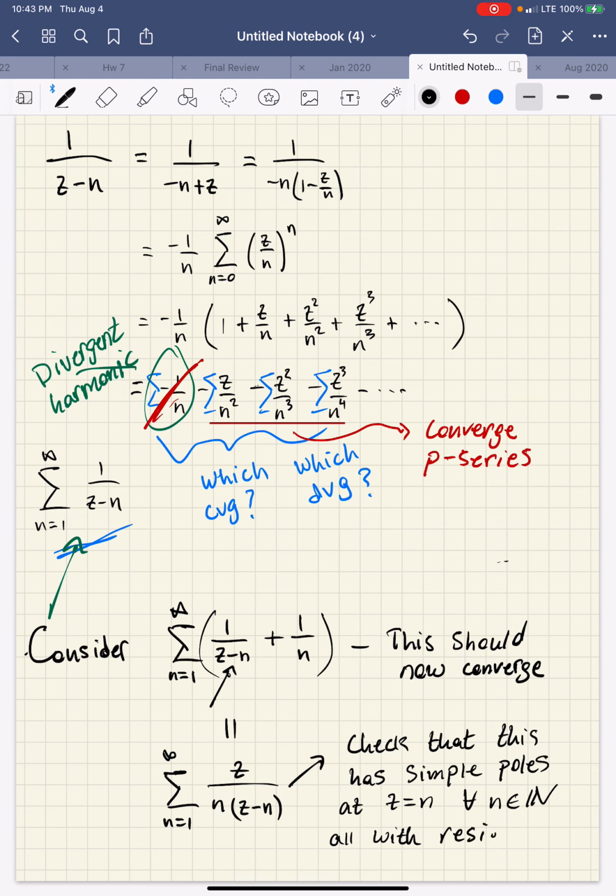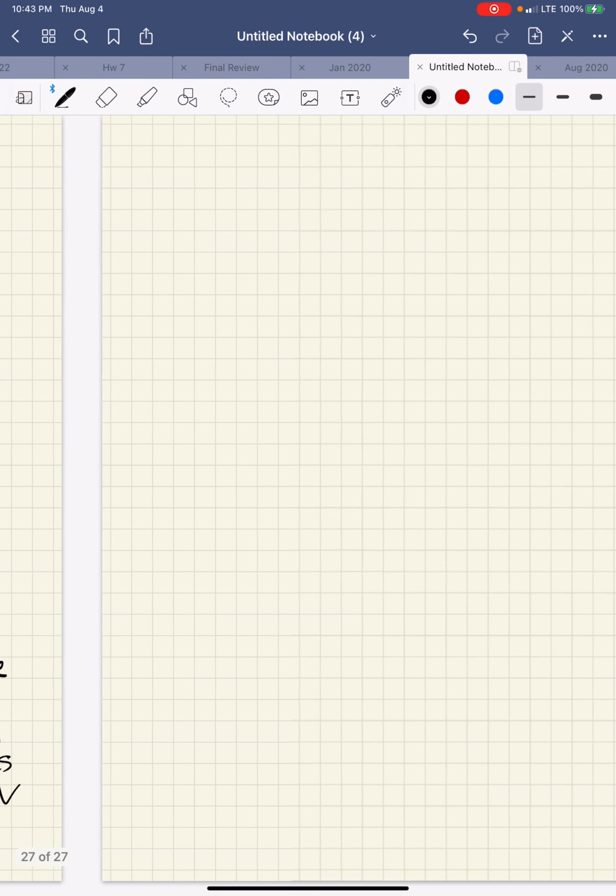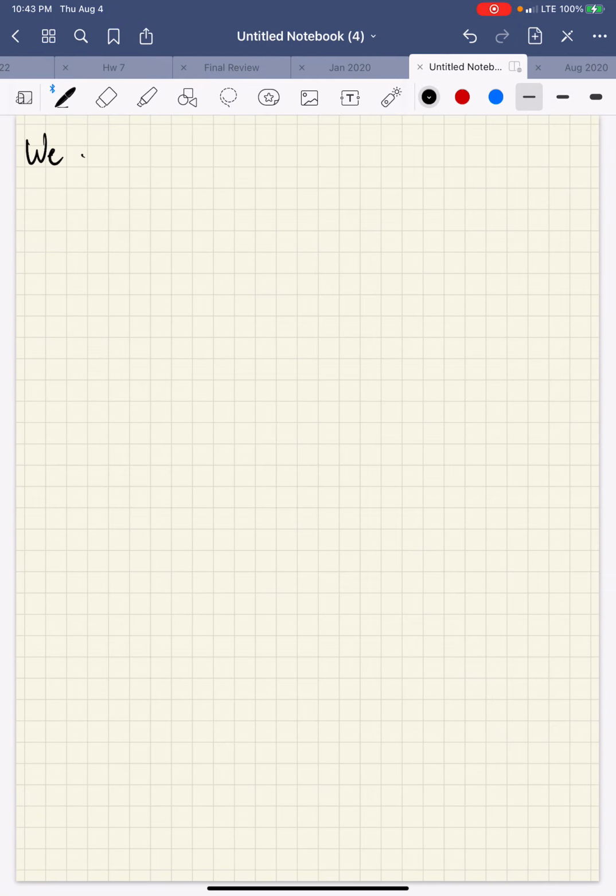So basically this modification didn't actually change the singularities or the residues, and you can check that fairly easily with a direct calculation. All right? So what do we need to do next? Well, we need to show